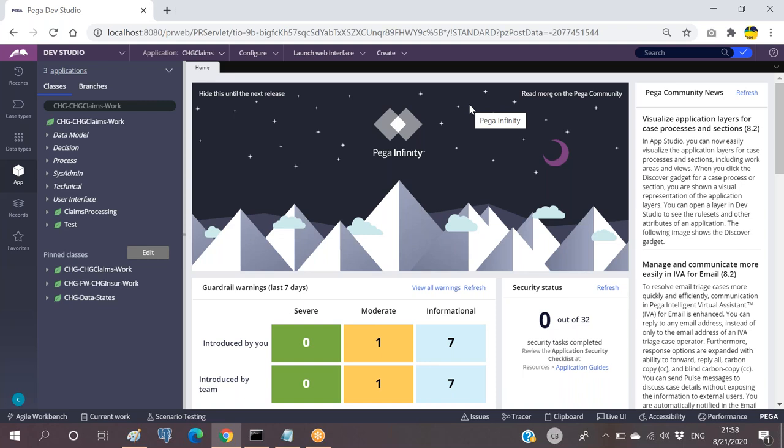Okay, so let me create one new service package rule separately, and within that wizard, we will see how we can make use of this existing one. If you want to create a new one also, we can do that. And remember one thing: whenever we are acting like a service provider,